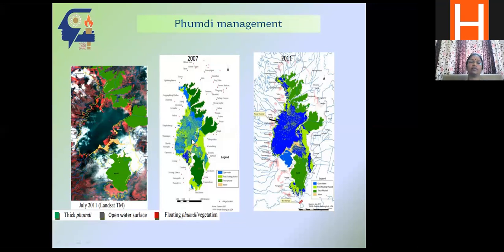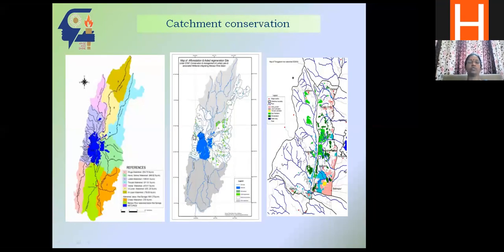In 2007, this was the quantity. You can see these green color spots. These are all the FUMDs spread over the lake, and manual and mechanical removal was taking place so that we get a clear water surface, and we got it like this. Even when 3.07 cubic meters of removal was taking place, the environmental flow was maintained. In such a case only that much water is required, but we are not able to give that much water because of such mismanagement. This is one particular example of the remote sensing aspect.